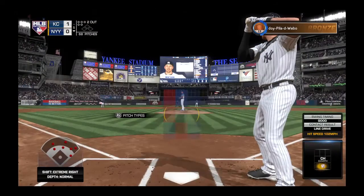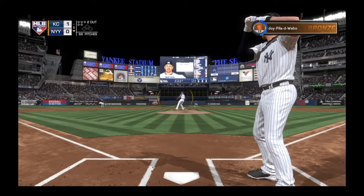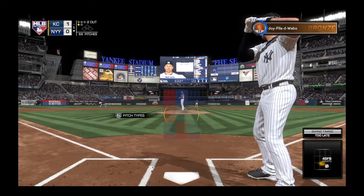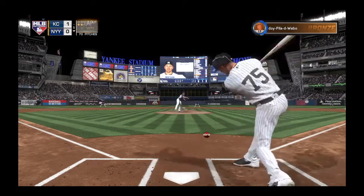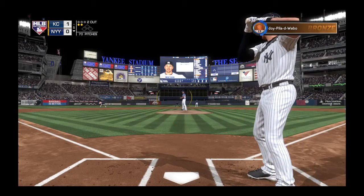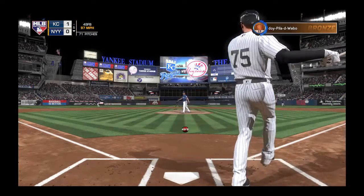Up next for the Yankees, at the plate, Matt Wieters. He's 0 for 1 thus far. Wieters. Swing and a miss, and he's behind 0-1. I really love the way he's attacking hitters on that first pitch. It's over 80% first pitch strikes in this game, and that's why he's having such great success. A wave and a miss, a tick behind a good fastball. And yet another strikeout here. His 11th of the...